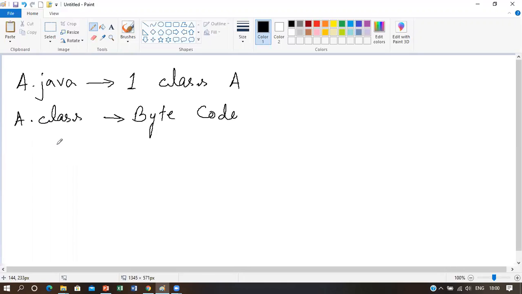have gone to some other platform. Suppose we have generated this .class file on a Windows platform and we take this .class file and we go to some Linux platform. There also this bytecode will run, provided that JVM is installed, because we know that in order to run the bytecode only JVM is needed, the compiler is not needed. So JVM must be installed on the Linux OS in order to run the bytecode.